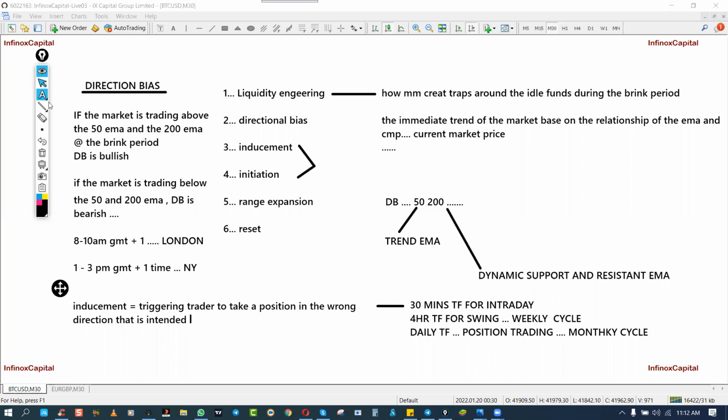Let's say the market intended to go bearish. Now, let's say bearish like this now, and the market chose to go this way and then come down, right? So people that had the entry at this point and bought will possibly be expecting it to keep going up, but the market eventually went down. That is an inducement.